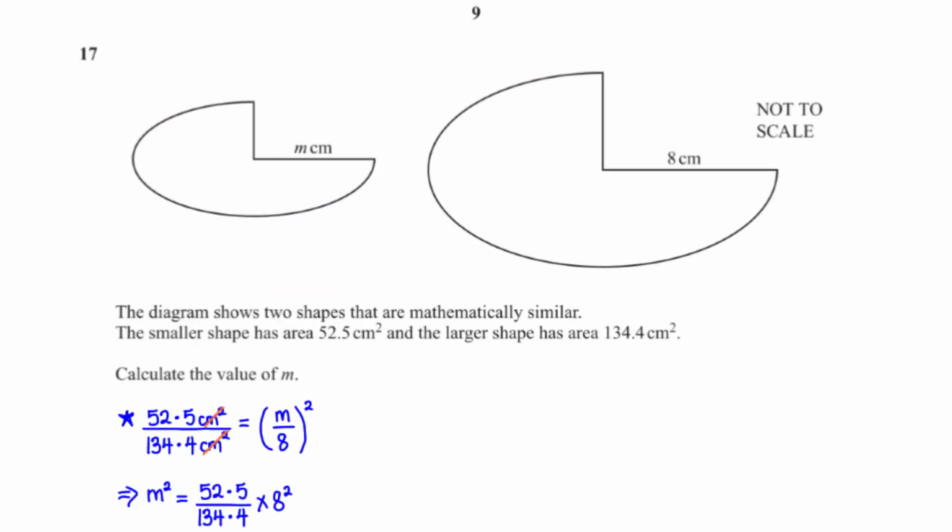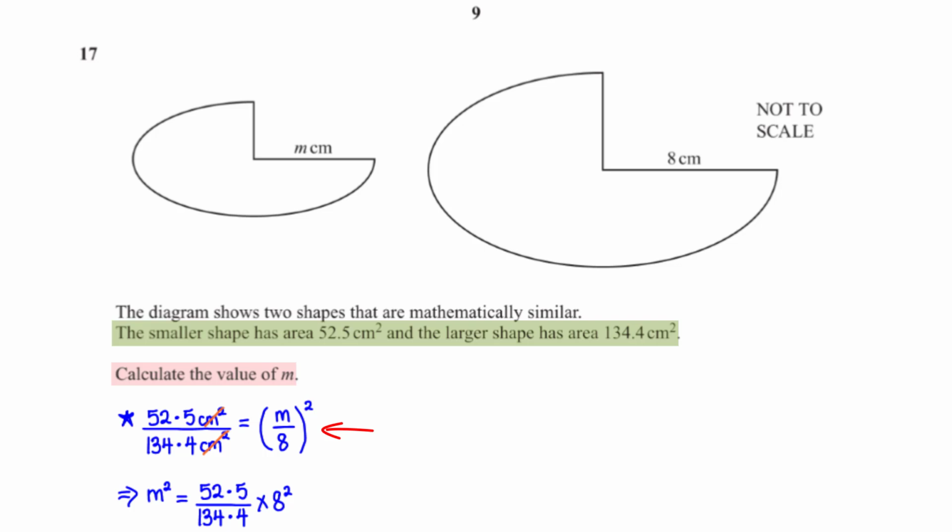The diagram shows two shapes that are mathematically similar. The smaller shape has an area 52.5 centimeters squared, and the larger shape has area 134.4 centimeters squared. Calculate the value of M. For these two similar shapes, we can set up our equation as this. The area of the smaller shape, which is 52.5, divided by the area of the larger shape, which is 134.4,